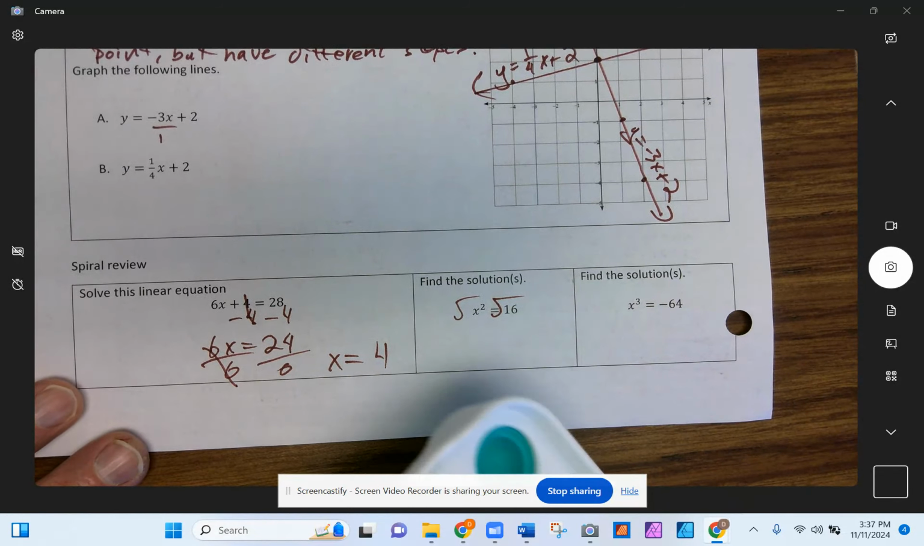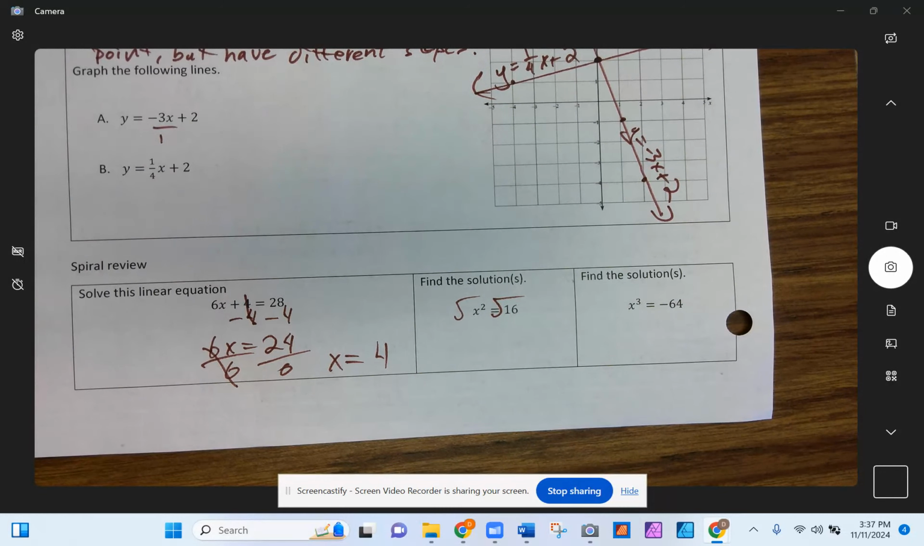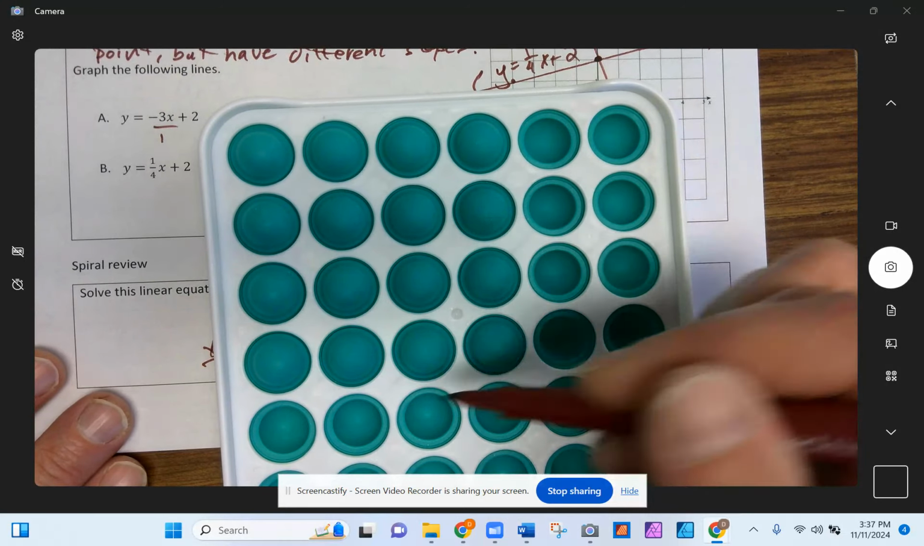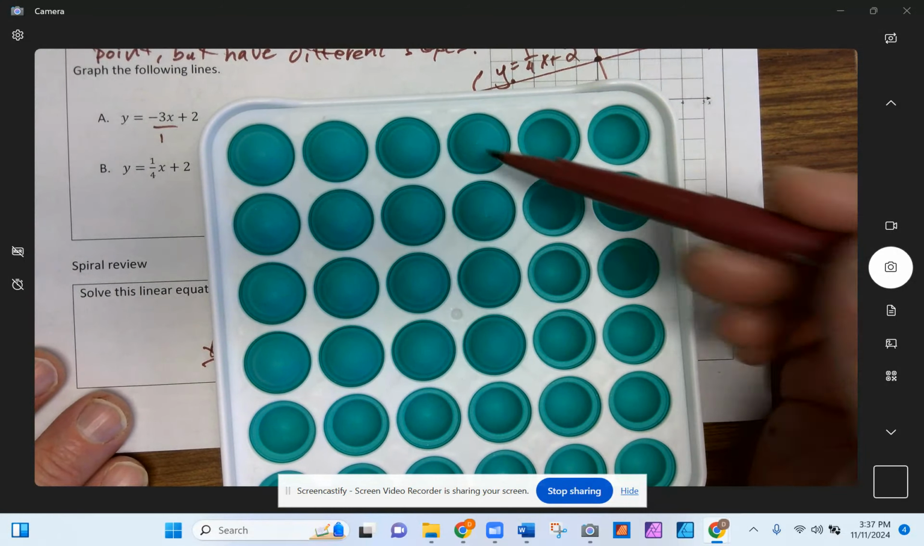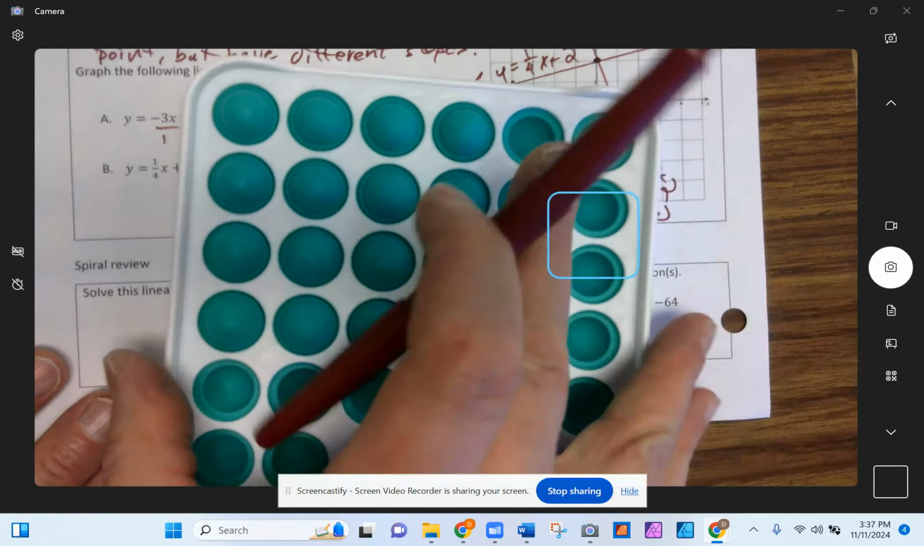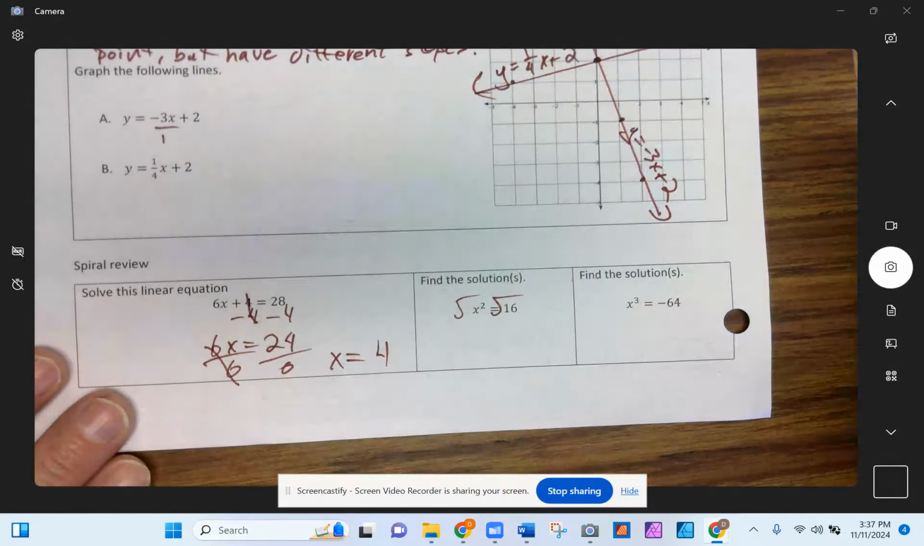If I have a square with an area of 16, let me bust out a poppet here. Right, yeah. If I have a square with an area of 16, we can see that these are the poppets that are up. We just want to find the side length. That's all square root is. So 1, 2, 3, 4 by 4 is 16. So the side length is just 4. So the square root